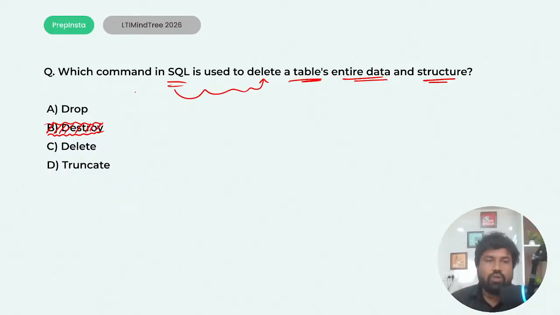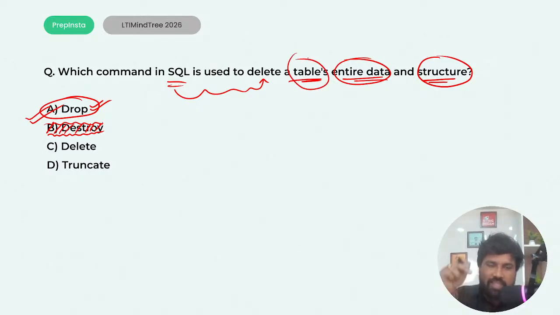Okay. So drop is used to remove the entire table structure and its data permanently from the database. After this, the table will no longer exist. When you use drop, it will remove the structure and erase the entire data, and the table will never exist in the database. So while using the drop statement, please take care. You can't retrieve your database or tables back. And delete is used to remove the rows.